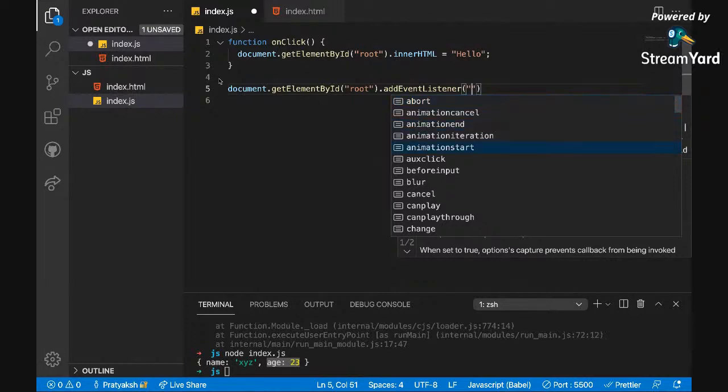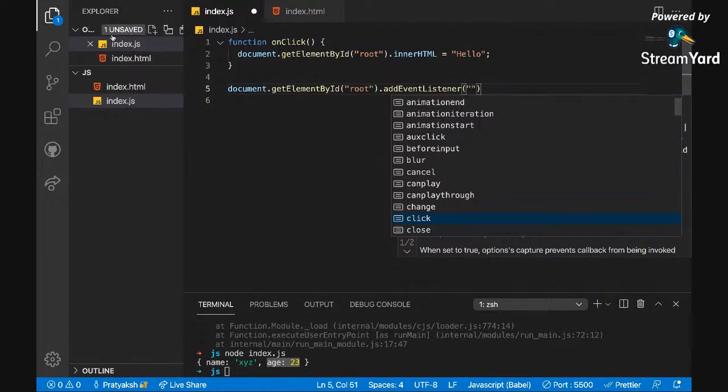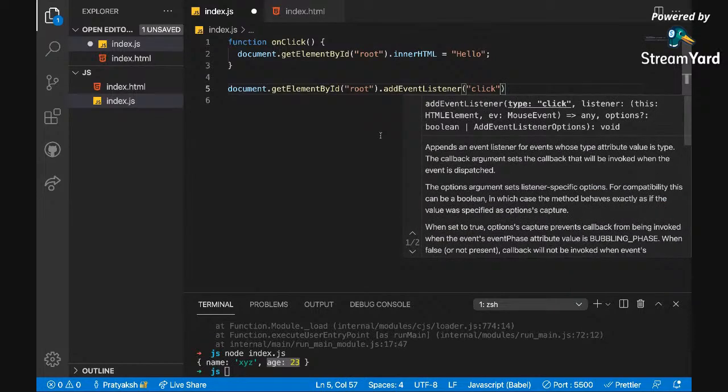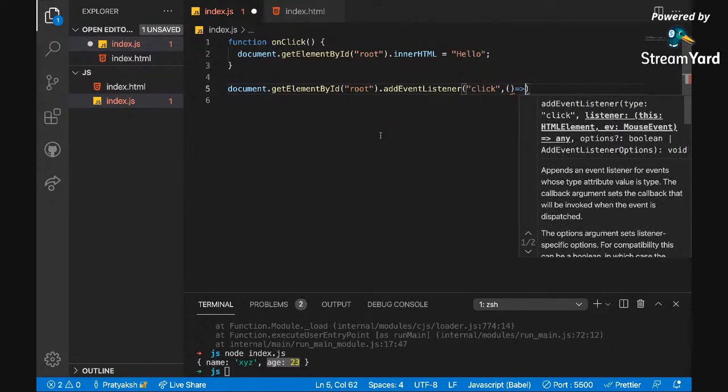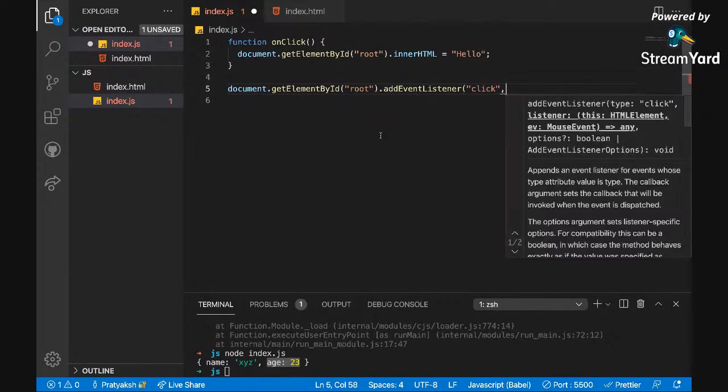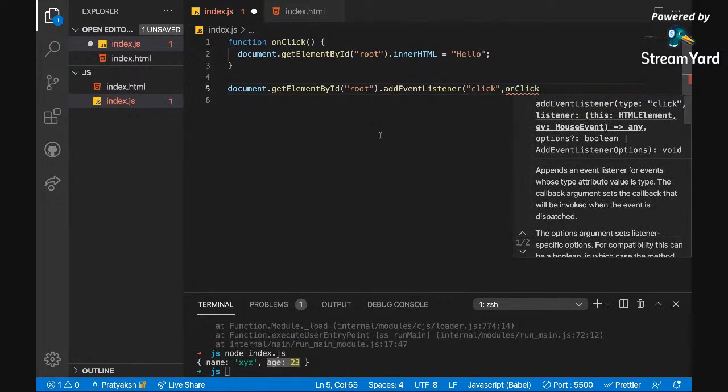These are all the different events that can happen, and I am saying whenever click happens on this particular element which has ID root, you have to perform a function, and that function is onclick.